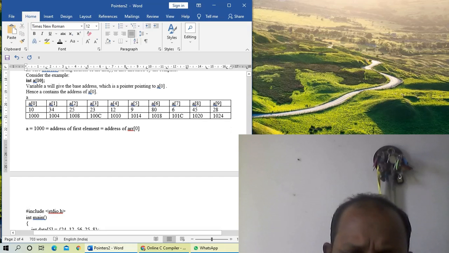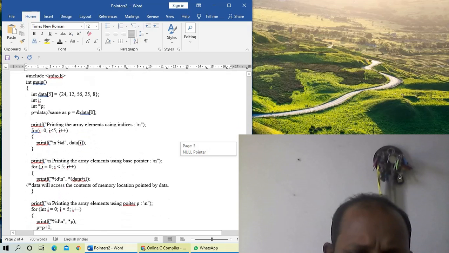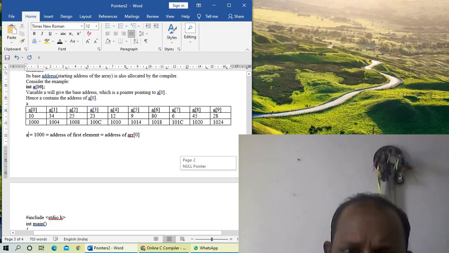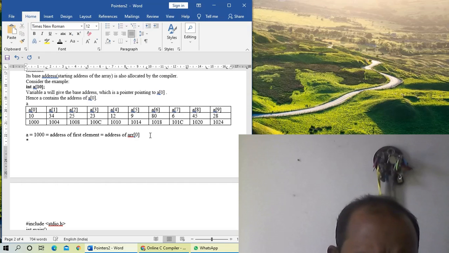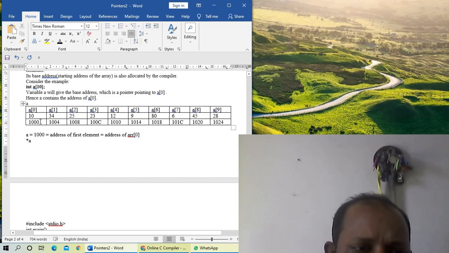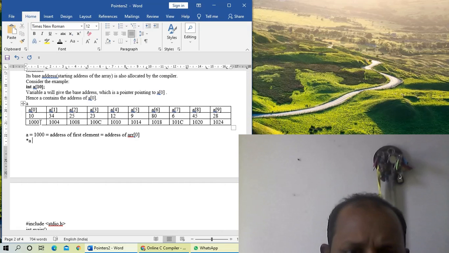Then what does this mean? *data will access the contents of the memory location pointed to by data. Suppose the base address is 1000. So *A will denote 10. A contains the memory location address 1000, then *A will access the contents of memory location 1000. So *A is equal to 10.